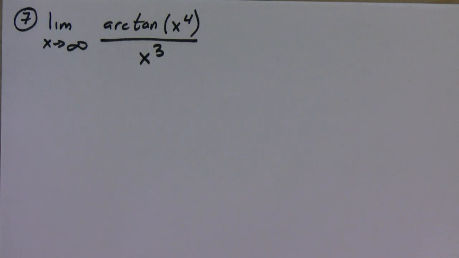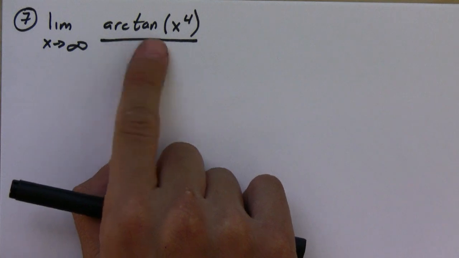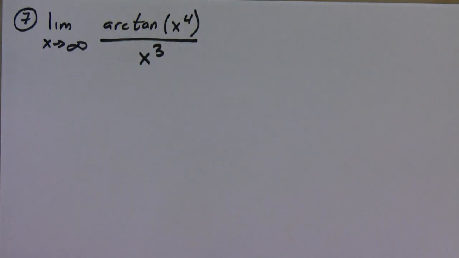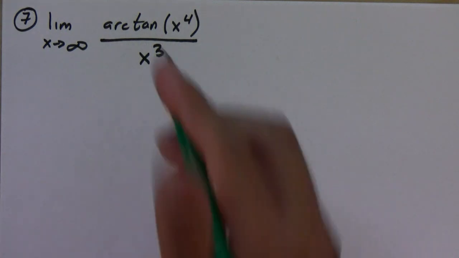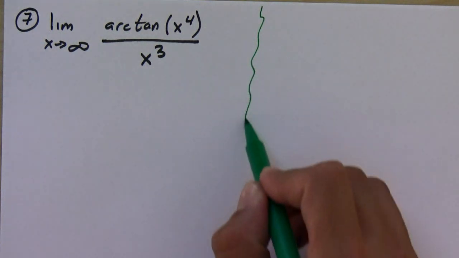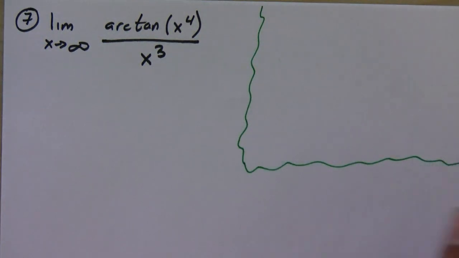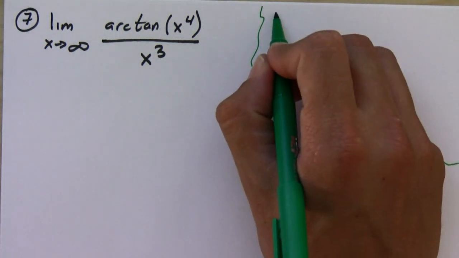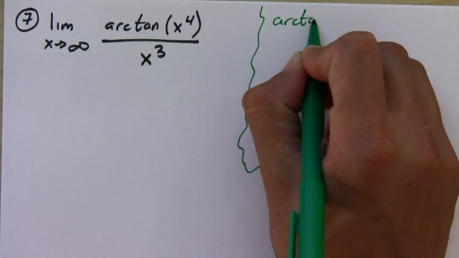Okay, so here we have this problem, and I know a lot of you are having trouble with the inverse trig functions and just trig in general. So let's take a little time to review what the arctangent function means. Remember that when you see, for example, arctangent of,